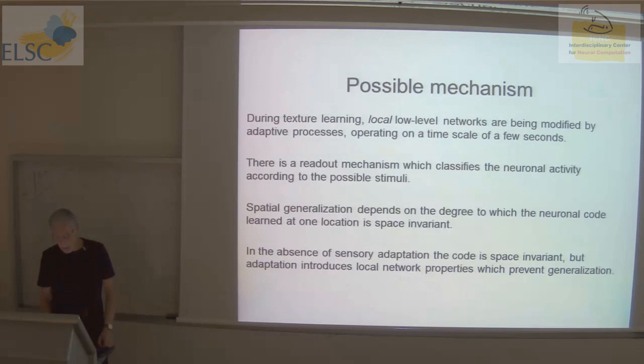So the possible mechanism that we envision is that during texture learning, local low-level networks are being modified by adaptive processes operating on a time scale of a few seconds. There is a readout mechanism which classifies the neuronal activity according to the possible stimuli. Spatial generalization depends on the degree to which the neuronal code learned at one location is space invariant. In the absence of sensory adaptation, the code is space invariant. But adaptation introduces local network properties which prevent generalization. This is a general scheme. Now, as for the detail, how it is being done,